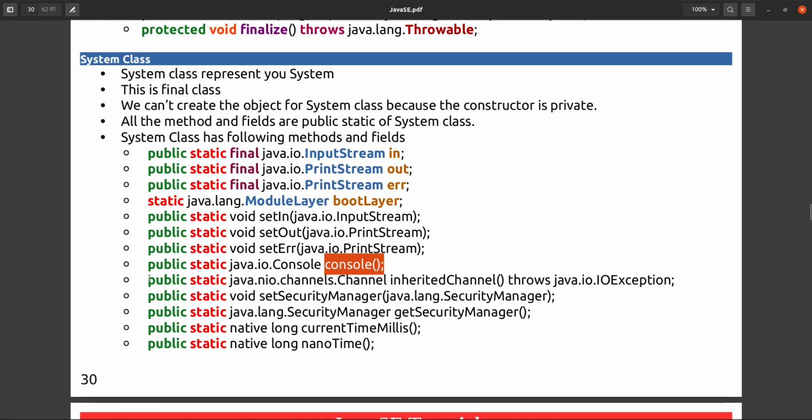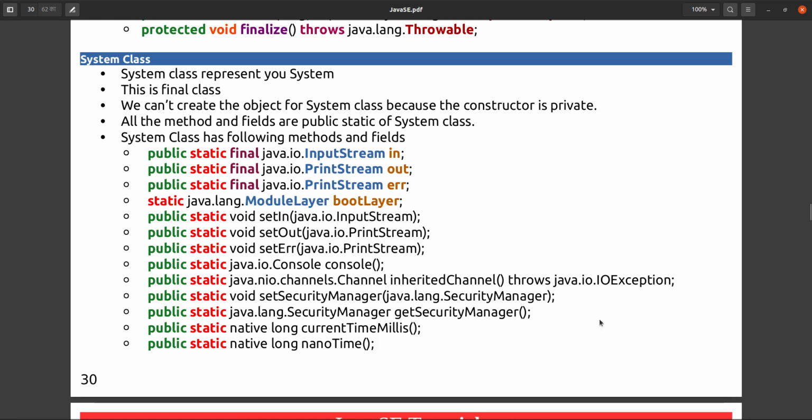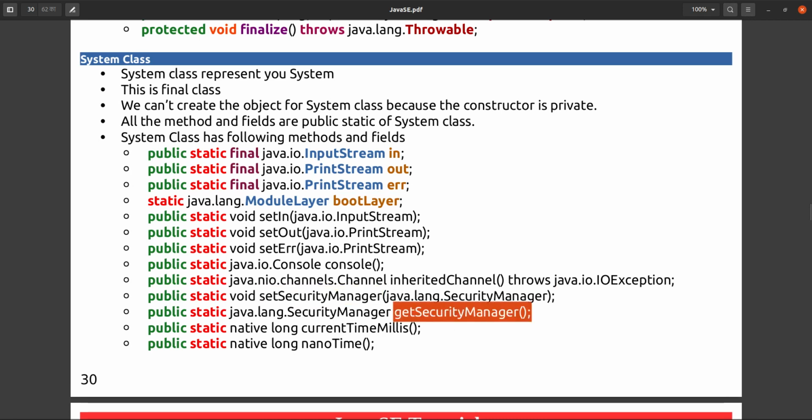That is different. We can leave it. And this is also network related, input output network related. If you are transferring files or bits through some channel, in that case you can use this channel. We will learn that when we learn the NIO package. This is the network input output package. The IO package is different, that is basic input output. NIO is input output related to network. Okay, so this one we will see. Security manager, you can leave this one. If you have associated any security manager with your server, it will give that one. Or if you want to set, you can set. If you want to get, you can get using this one.